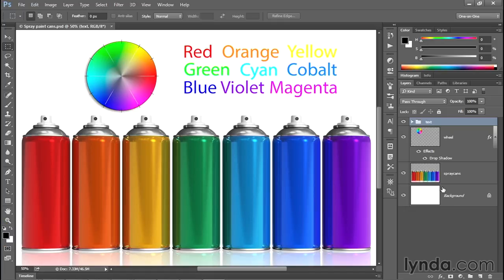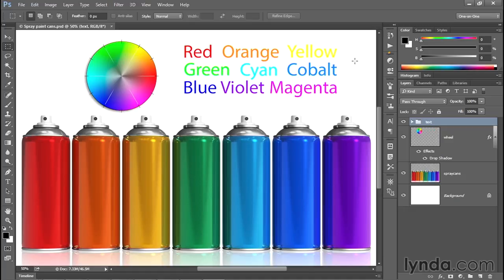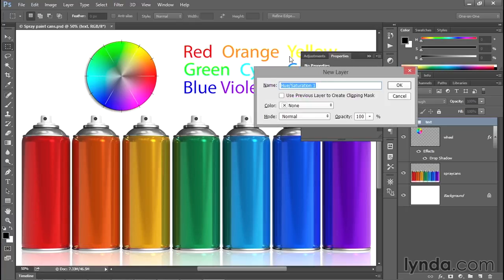If I want to affect all the layers, then I need to make sure the top one in the stack is selected. In my case, it happens to be a folder full of layers, which is known as a group inside Photoshop. Then I'll click on this black and white circle at the bottom of the Layers panel and choose Hue/Saturation. Or if you want to name the layer as you create it, bring up the Adjustments panel and then press the Alt key, or the Option key on the Mac, and click on this first icon in the second row. That will bring up the New Layer dialog box,